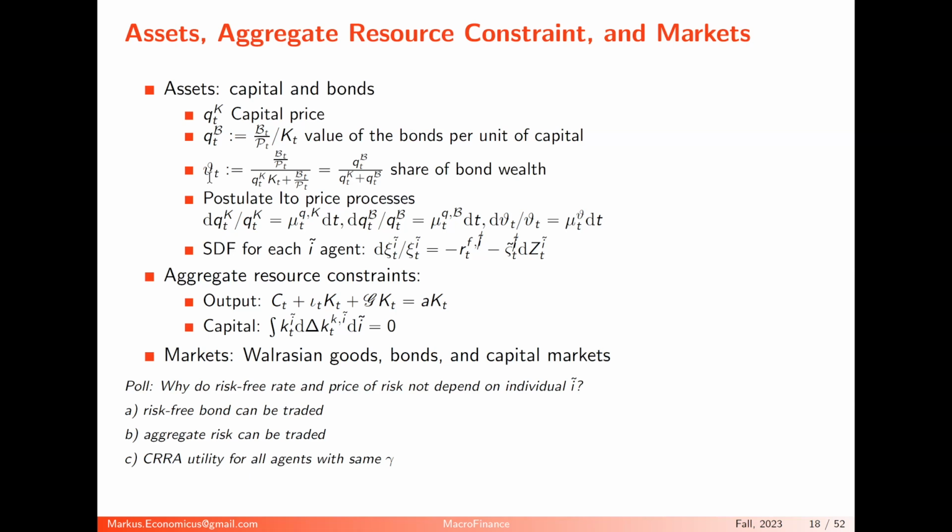Var theta will be a very important variable, but it's not a wealth share across sectors. It's like a portfolio share, though not individually, for the aggregate economy. What fraction of the aggregate wealth is money wealth, and what fraction is physical capital wealth? Once I use this QB notation, it's just QB divided by QK plus QB. Keep this var theta in mind. It will be with you now. It's your new friend.